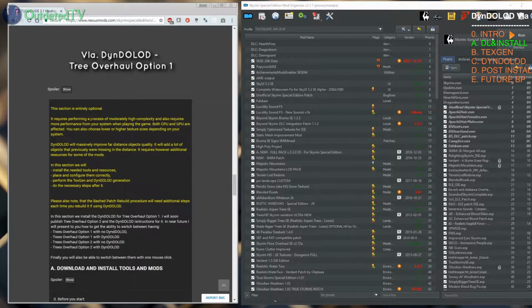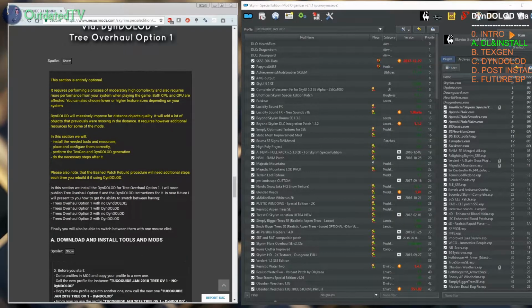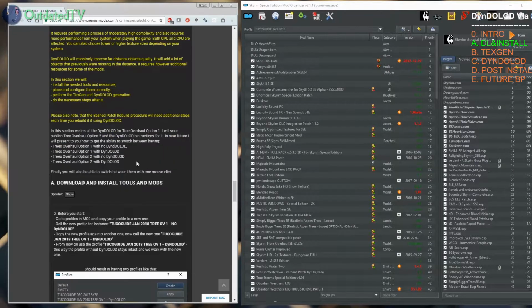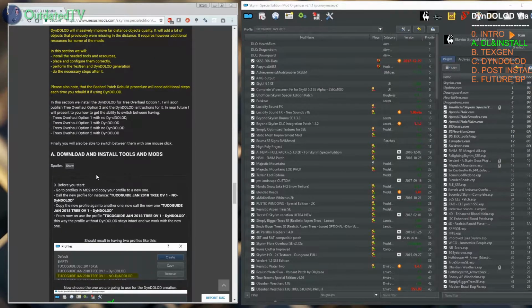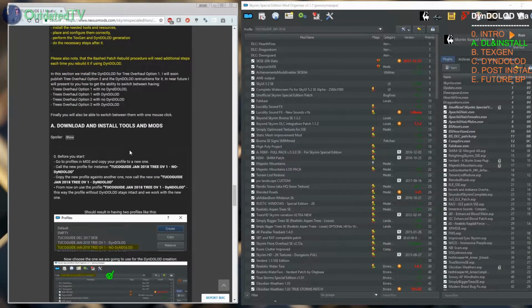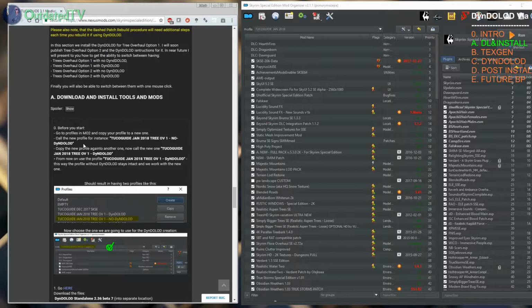and please read all this text here. It says what we will do here and what it is for, and then afterwards it says about profiles that we're going to create, and then we proceed with downloading and installing tools and mods. So before you start, go to your profiles in Mod Organizer 2 and copy your profile to a new one. So let's do it. Open up profiles here,